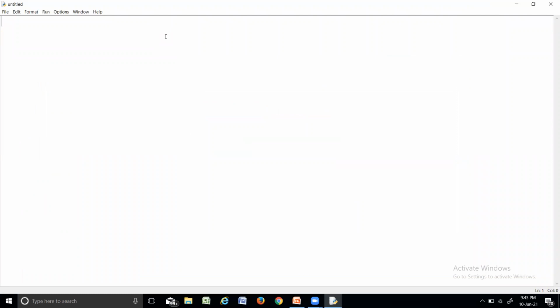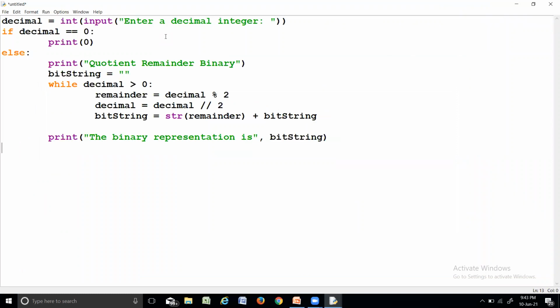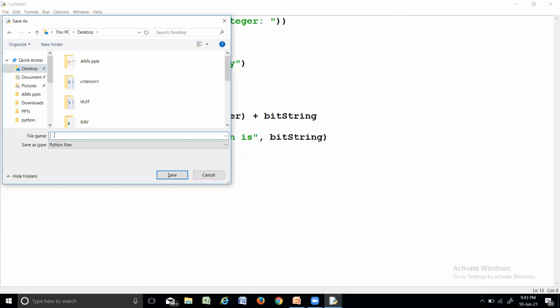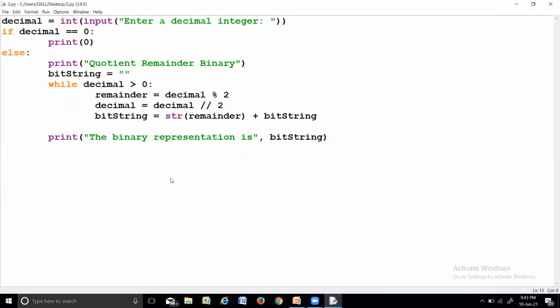Let us paste the program into this and save it on the desktop. I'll call that program 2.py. Now it is saved as 2.py.